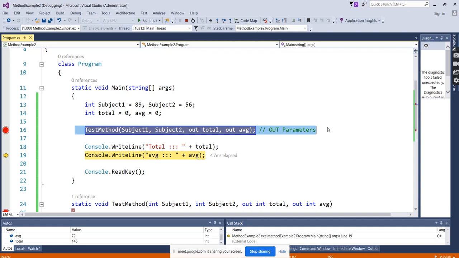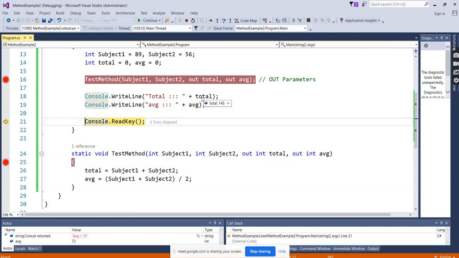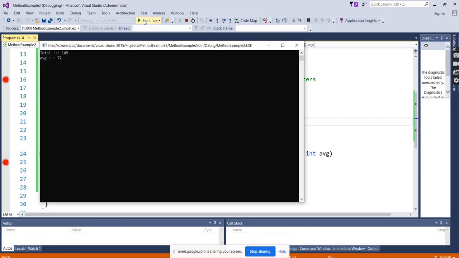With the help of out parameters, we are able to take multiple values from the method without using the return keyword. With the help of the out keyword, out parameters, it is returning multiple values, 145 and 72. You can see this, right? 145 and 72.